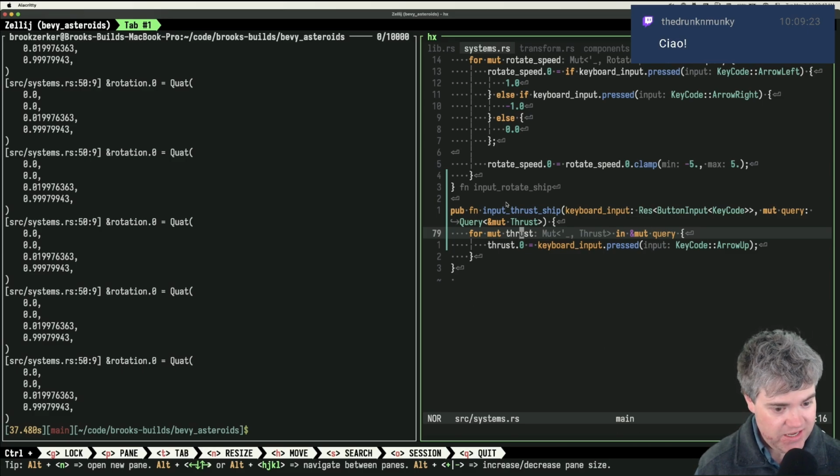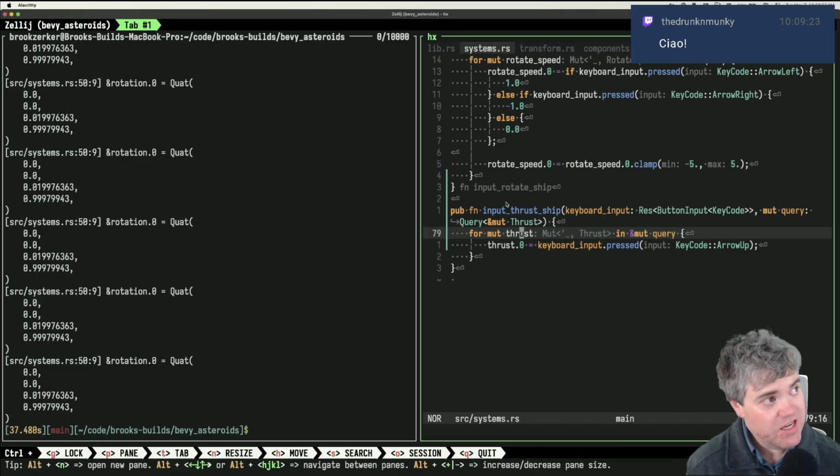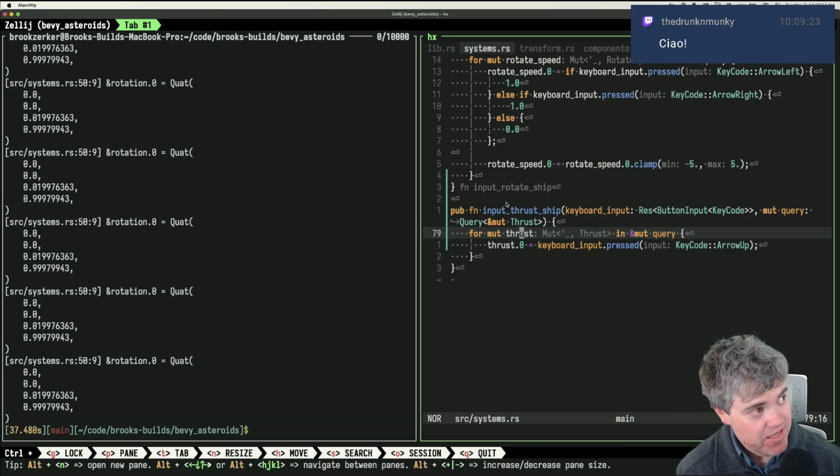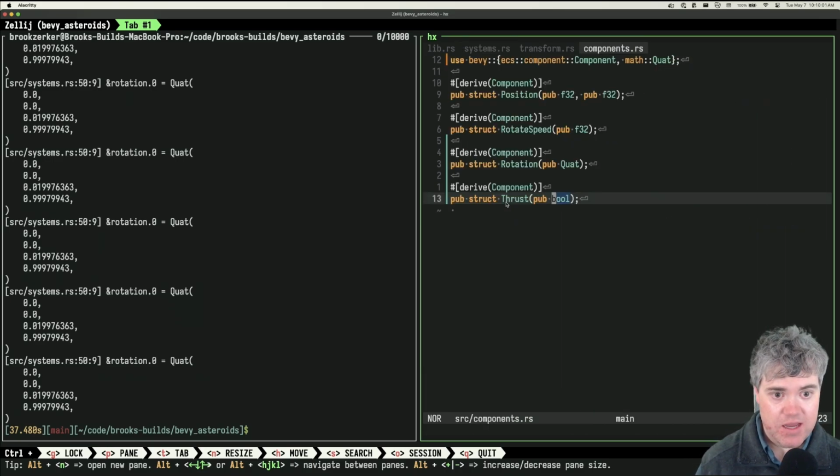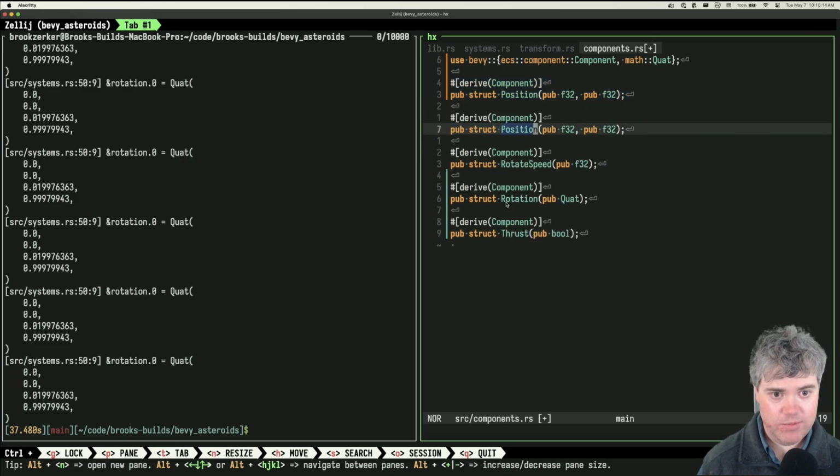I need to change it's going to be an acceleration, and the acceleration affects the velocity. So that means, okay, so I have a position, I also need a velocity, which is going to be almost exactly the same as this. I keep on doing one too many.